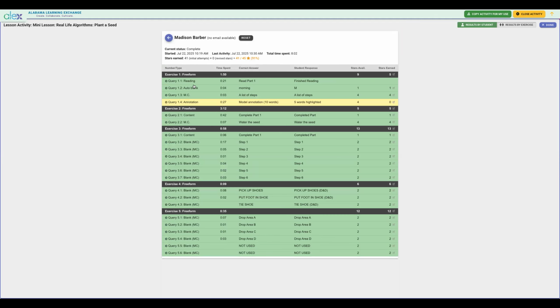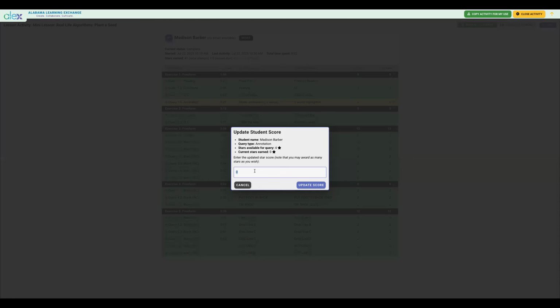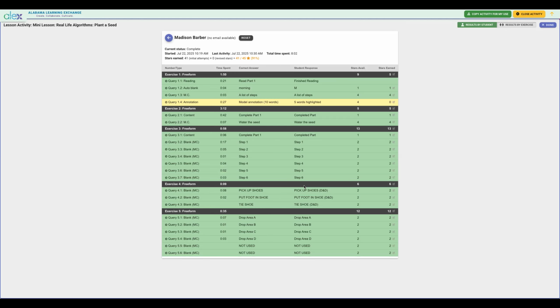And I can see on each question how long Madison spent, what the correct answer is, how many stars are available, and how many stars that she actually earned. Now, if I knew Madison, maybe she was a student and came up and told me she could not figure out how that highlighter tool worked, but she was able to tell me the right answer in real life and point out those examples of an algorithm, I can come right here and I can edit her stars to update